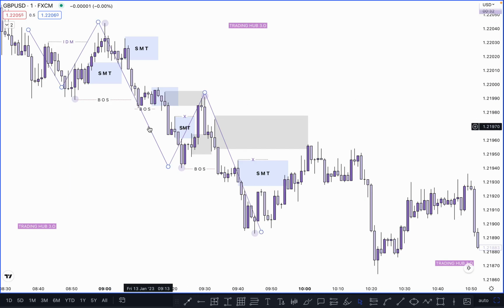And the same process happens here. This is our SMT because there is no inducement just below it, so we can't sell here. Okay, so we can always sell after taking out the inducement. Taking out the inducement, tap on this order block, sell here. Again, break of structure. Okay, and this is an inducement, but some people mark this as a change